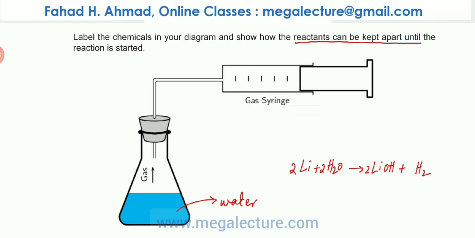So let's go back to our apparatus, a measuring syringe, a simple apparatus to set up. Gas is going to be collected over here. There's H2 gas. There's water in the flask. This is the conical flask that I'm using. It's better to use a conical flask because conical flasks are very helpful in gas collection, as they have a smaller opening, so you can fit a rubber bung easily. So always use a conical flask when you're doing gas collection.